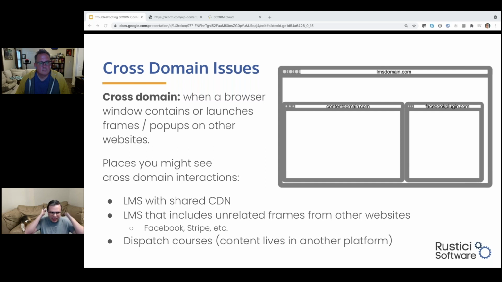The last major thing we're going to talk about diagnosing, that comes up more and more every year with SCORM courseware, is the problems around cross-domain. I'm not going to get highly technical on the problems of cross-domain, except for when we show you how to identify when you have a cross-domain problem. The short version is your LMS at lmsdomain.com likely isn't doing everything it does at lmsdomain.com. Whether it's having the content loaded from centralized services like CDNs that may be on a separate domain,